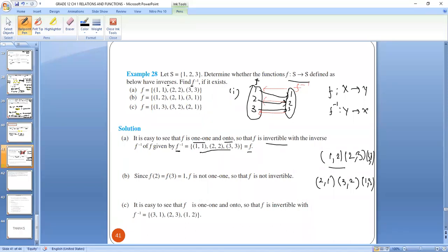f इनवर्स क्योंकि हमने इन दोनों एलिमेंट की पोजीशन को चेंज कर दिया, पर दोनों 1 1 थे तो आउटपुट भी 1 1 आ गई. 2 2 की पोजीशन को चेंज कर दिया, बट क्योंकि दोनों 2 हैं तो सेम नंबर्स वी आर गेटिंग. 3 3 की पोजीशन को एक्चुअली हमने चेंज किया है, बट क्योंकि बोथ द नंबर्स आर 3, therefore we are getting the same ordered pair. So f inverse = {1 1, 2 2, 3 3} = f itself.